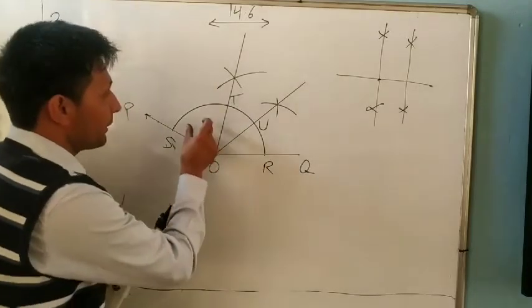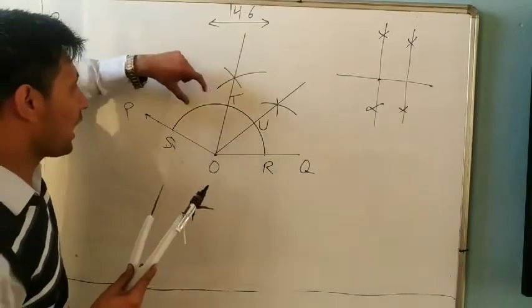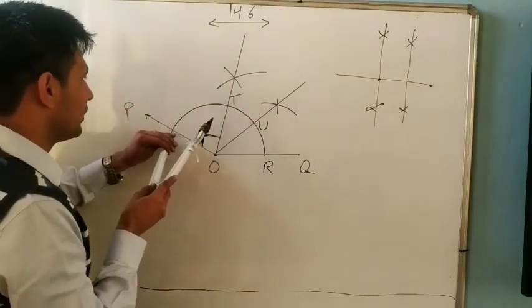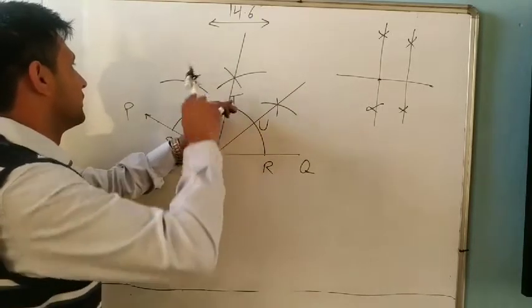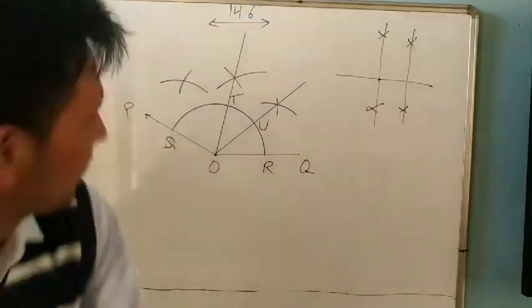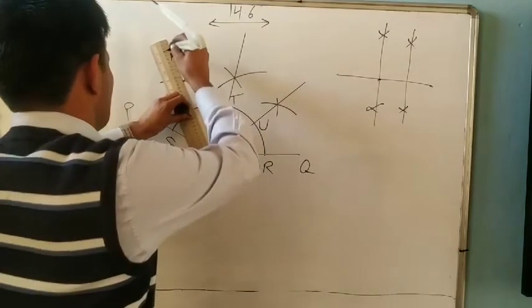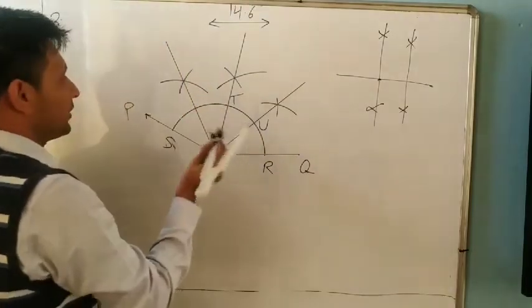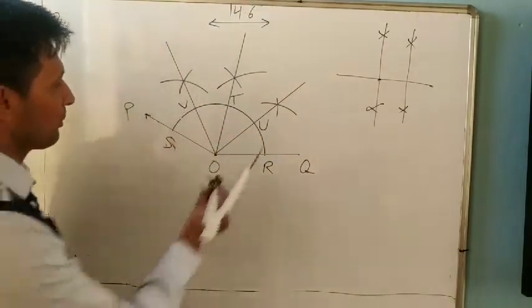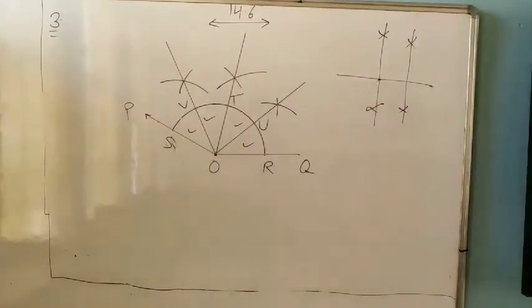So how many parts? 1, 2. But it is 3, a bigger part. But we have to divide into 4 equal parts. So we will take again R, S and T. So more than half, yes. Now put at T. So you will join it. P, Q, R, S, T, V. So 4 equal parts. 1, 2, 3, 4 equal parts. We already learned it. Understand it? So it is your answer.